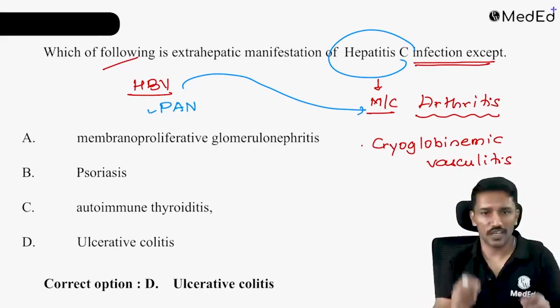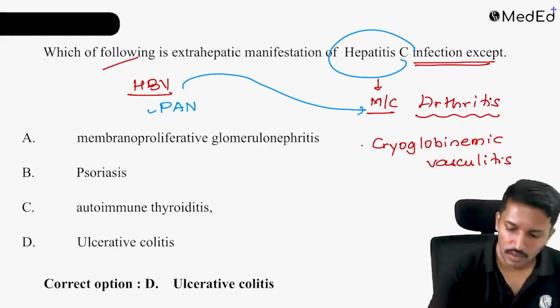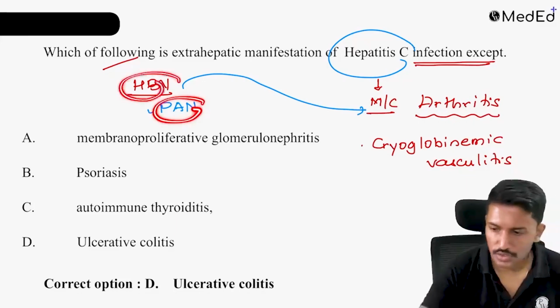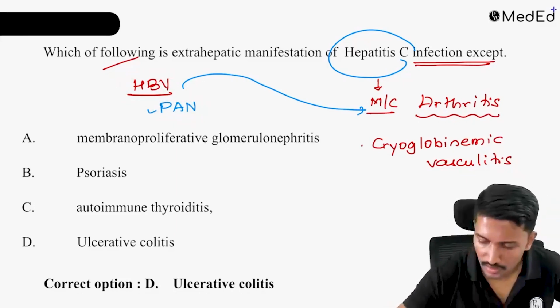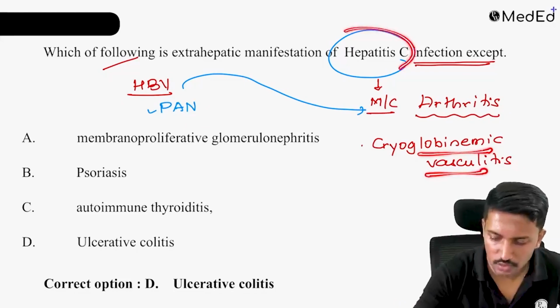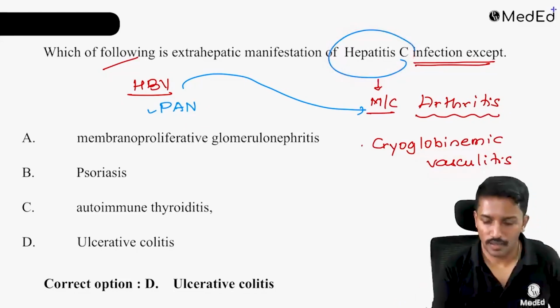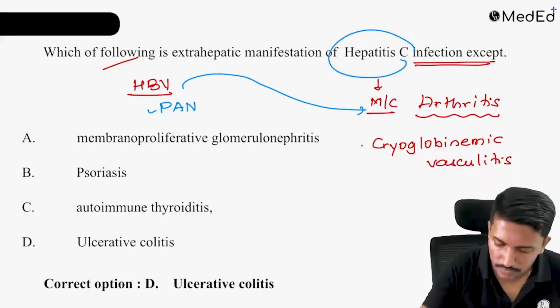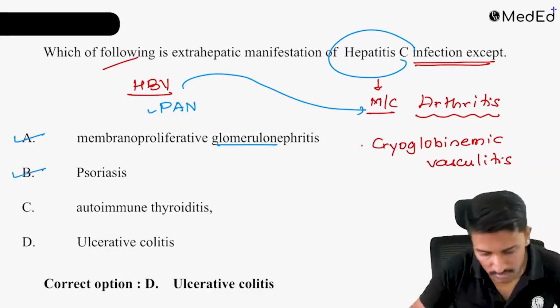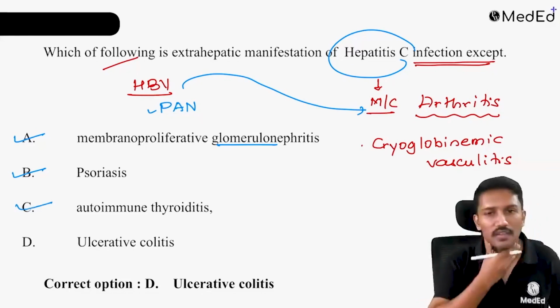So with respect to blood vessels, vasculitis, polyarteritis nodosa is associated with hepatitis B, and cryoglobulinemic vasculitis is associated with hepatitis C. Okay. Other than that, you can also have membranoproliferative glomerulonephritis, psoriasis can happen, autoimmune thyroiditis is very